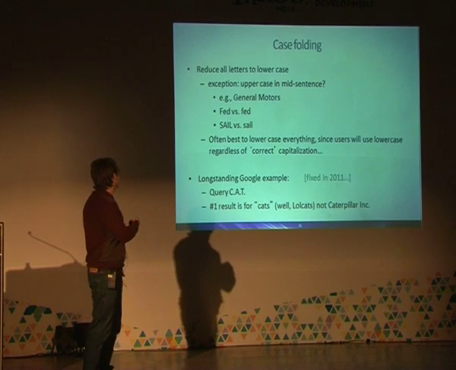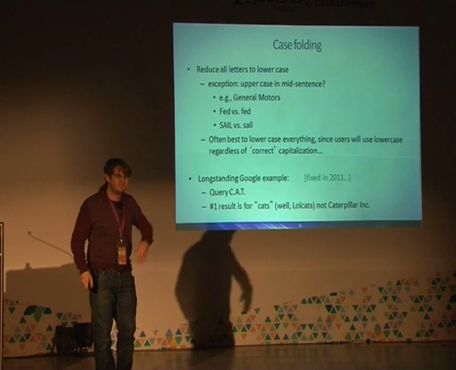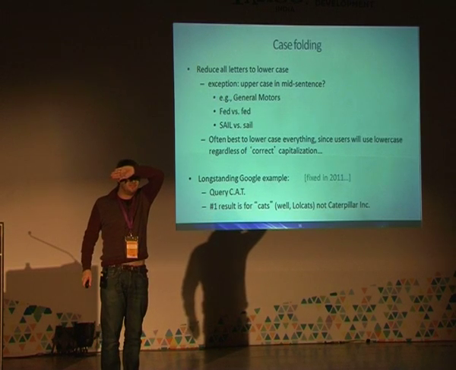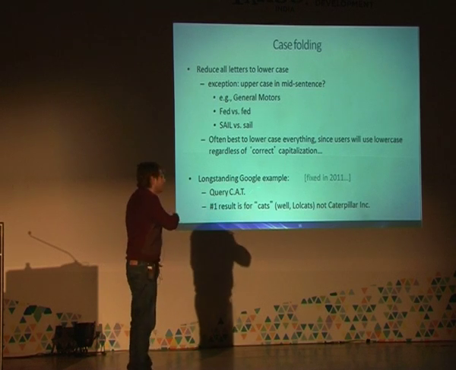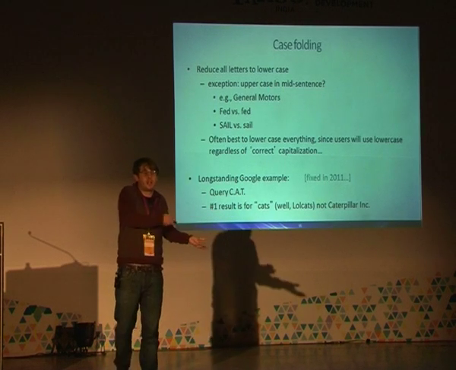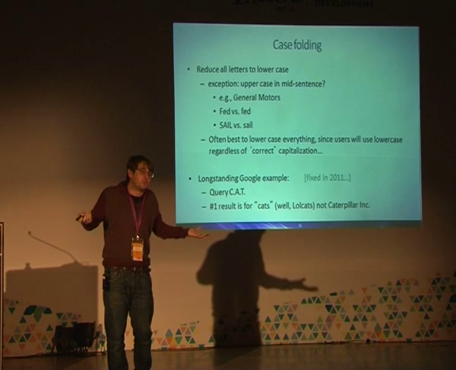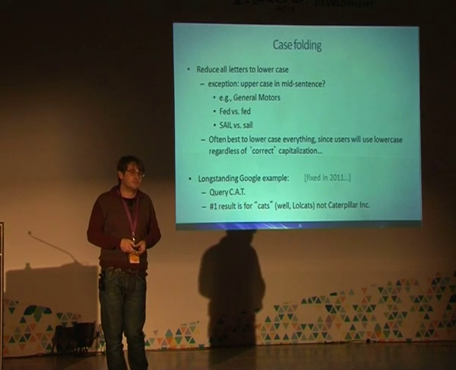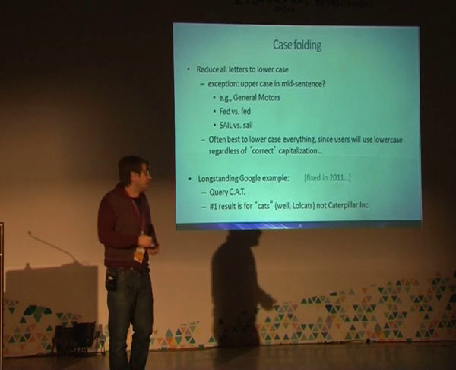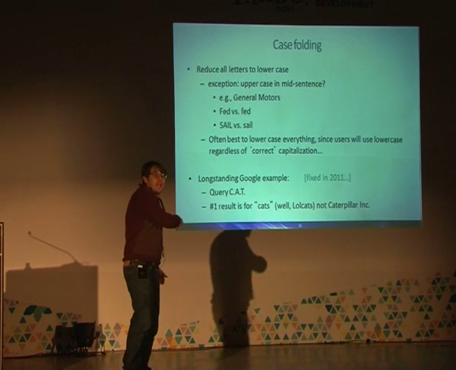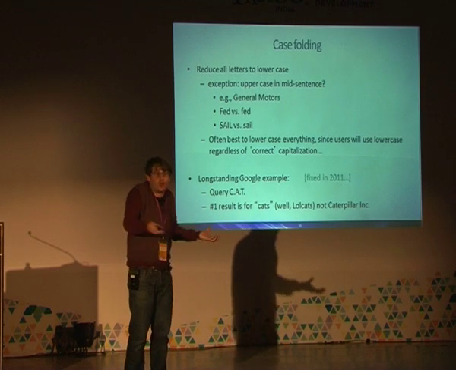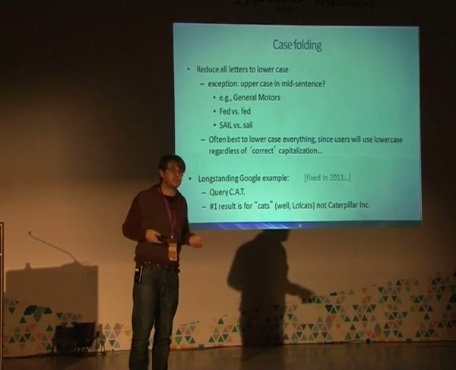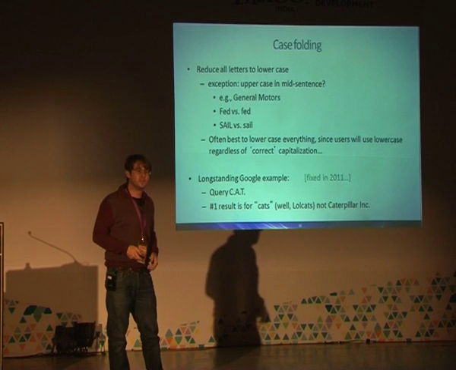Yeah, so what they do essentially is, sorry, I didn't express myself, I'm going too quickly. What they do is they remove the dots, and they just search for cat without the dot. And the first result was a lolcat. So you don't index this thing. You don't recognize this string as a word per se, because you are normalizing the word. So you just take the dots out if you have these rules.